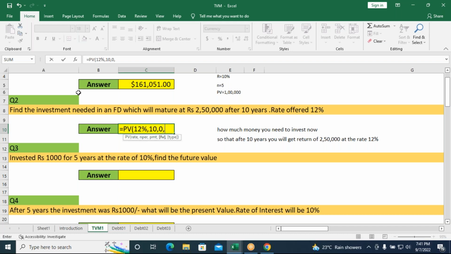If the amount is going from me, then it should be mentioned in negative, minus. But I'm going to receive this 2.5 lakhs, so it should be in plus sign, that is positive. So I'll give it as 2,50,000,